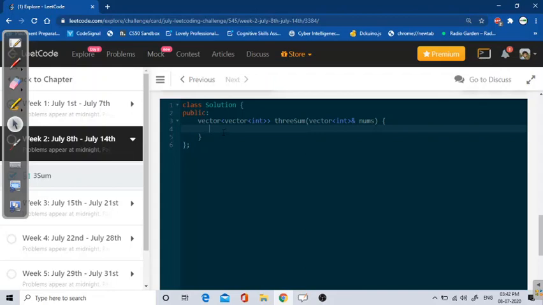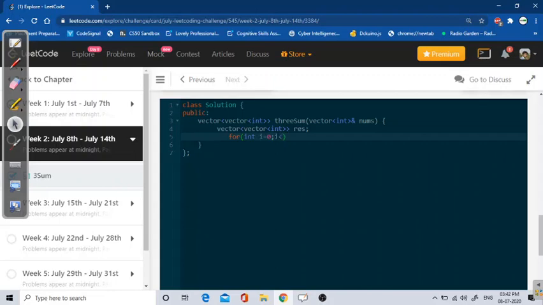So first of all, we have to create one vector of vector to store our result. For that I will be copying here, and let's keep it as result, res. So now I have to make a for loop which will be going till n minus 2, that is nums dot size minus 2.